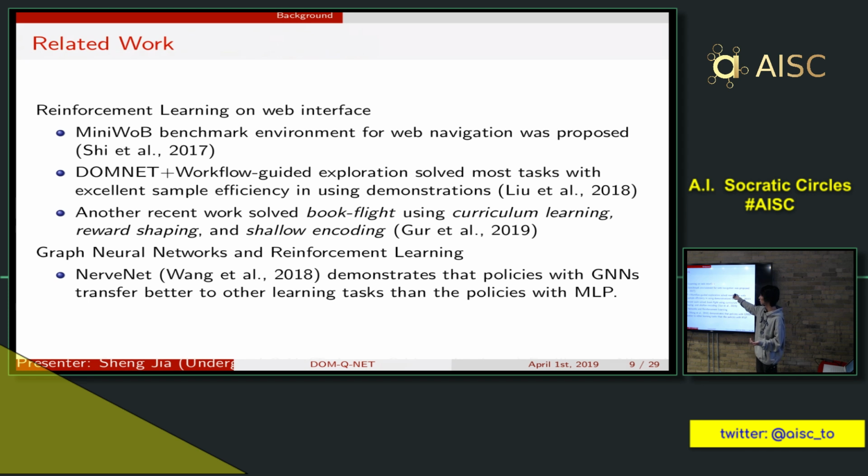The work proposed this MiniWoB benchmark environment, which is actually very good because web navigation is very hard to define a task for, and they proposed this standard set of tasks. And I think one year ago there was also another work by people at Stanford. They also proposed the architecture DOMNet, and then they proposed some type of workflow guided exploration, which basically kind of,